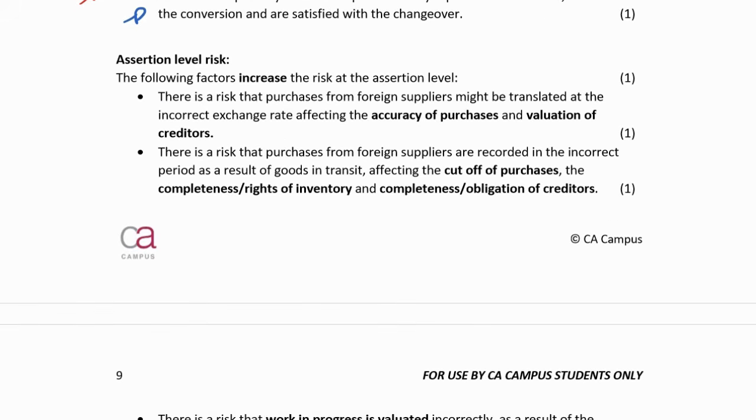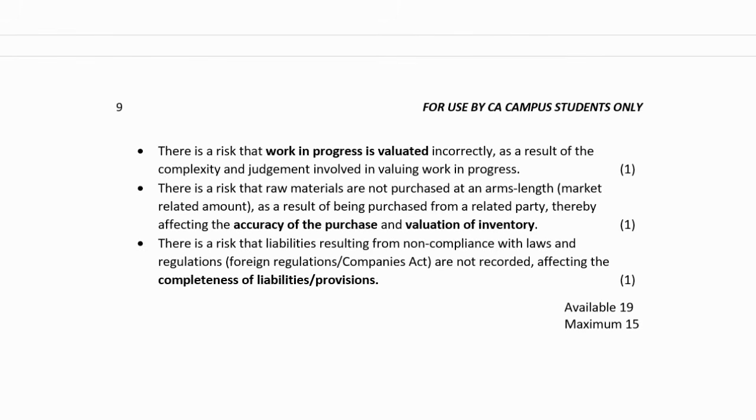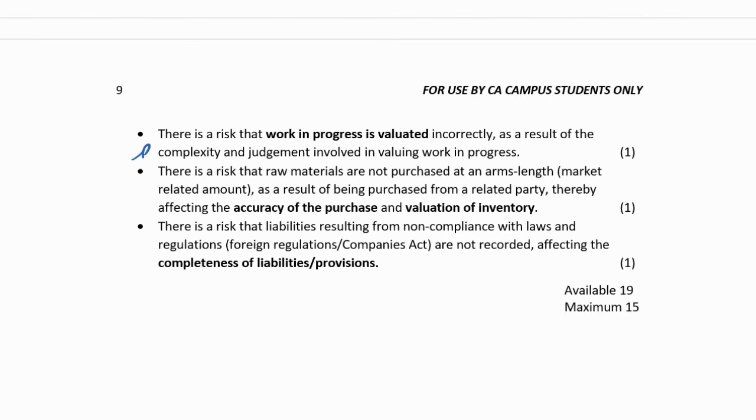Risk at the assertion level: the accuracy of the purchases and the valuation of creditors if an incorrect exchange rate is used, and the goods in transit at year end. Work in progress, value, is complex because they manufacture, so valuation. Raw materials that are purchased from the related parties, value could be a concern, and then any liabilities because of their non-compliance. So we say they could face penalties. That would then be a liability that they would need to settle, and if they cannot settle that, it could